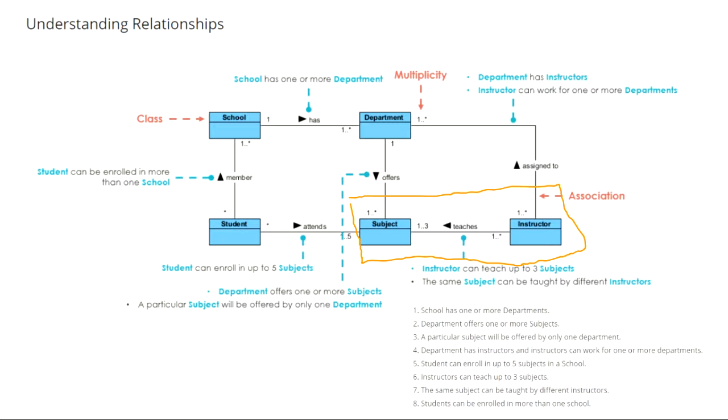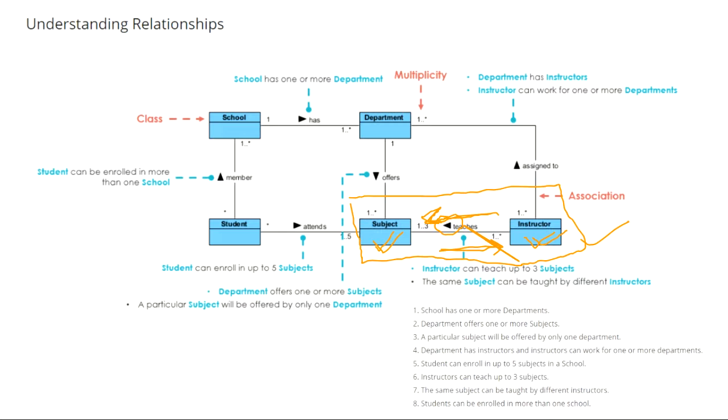Yeah, an instructor teaches up to 3 subjects. And when I'm saying read this part, it means obviously you have to read this direction, and also state the relationship between student and instructor without reading in this direction. This direction you have to read because of this association rule. That's compulsory.